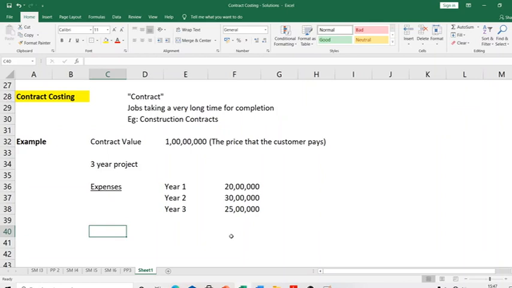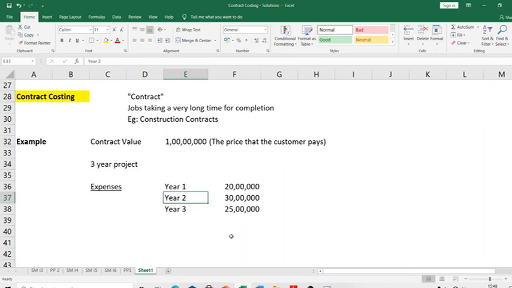Now, if I should apply that kind of a concept here and say, I finish my job at the end of third year. So it is only at that point in time that I should recognize my revenue. So when am I handing over this project to my customer? End of the third year. So 1 crore will be taken to the credit of my P&L account end of third year. Let's say I do this. So again, when will I show this as revenue in my P&L account? Year 3. I will not show it as revenue in year 1. I will not show it as revenue in year 2.